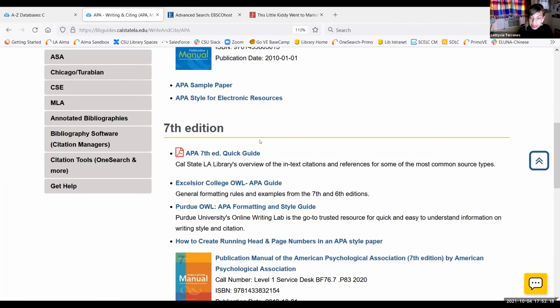I'm also putting here in the chat my open hours for student appointments. I'm available by appointment on Tuesdays 12 to 2 p.m. as well as Thursdays 4 to 6 in that little chat box that Holly showed. So feel free to email me and you're welcome to make an appointment with me at any time. Sometimes it's hard to schedule an appointment right on the spot, because there are a number of other things going on. But if you give yourself enough time,